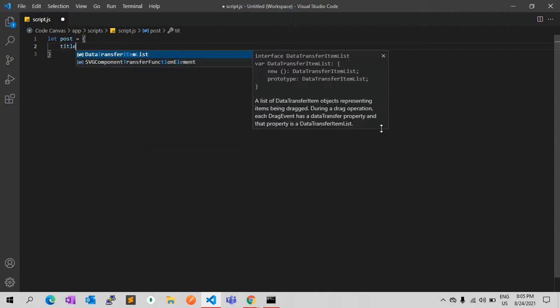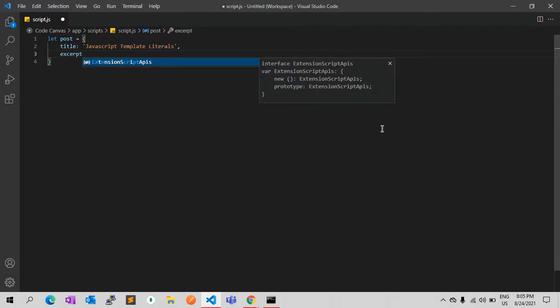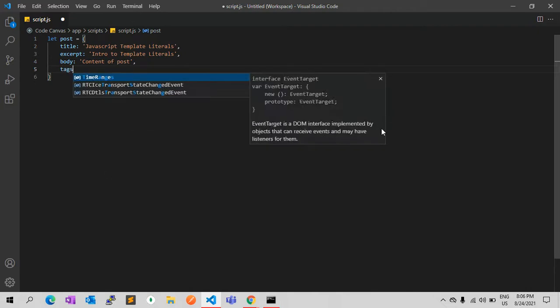In WordPress, we have title, excerpt, body, content of some post, and tags.